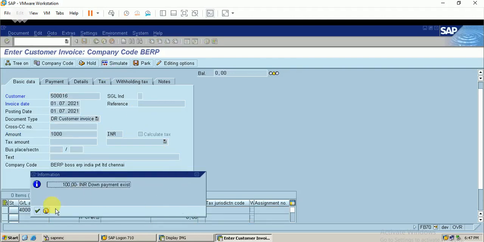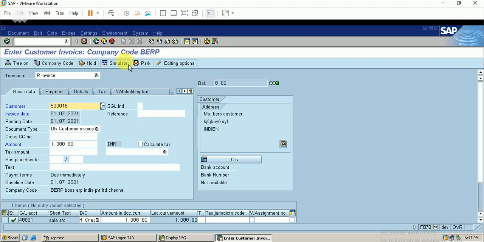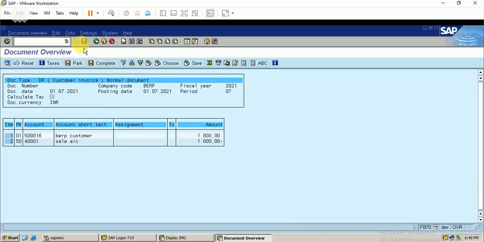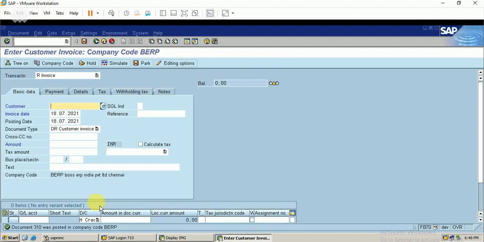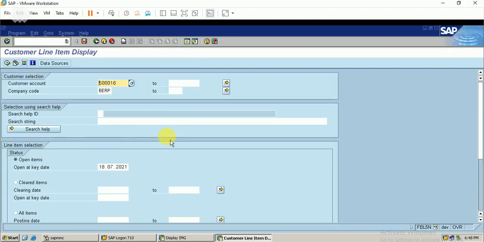Okay, we will save this and we will follow this invoice in FBL5N. So you can see the document is posted. So let me go to the FBL5N. So for this customer I just view my open item, and then we will go on with the dunning procedure. So you can see this invoice just now we have posted with the document number 310.